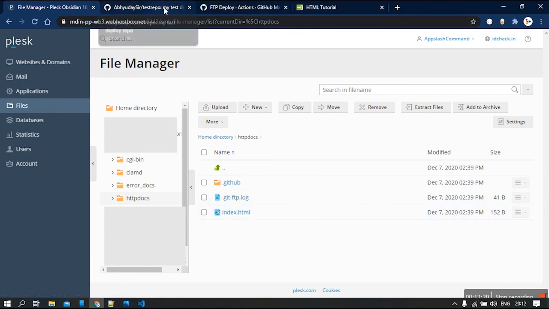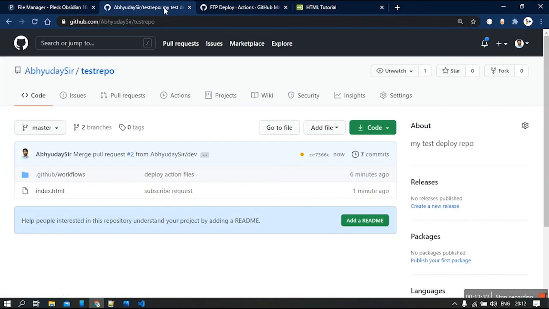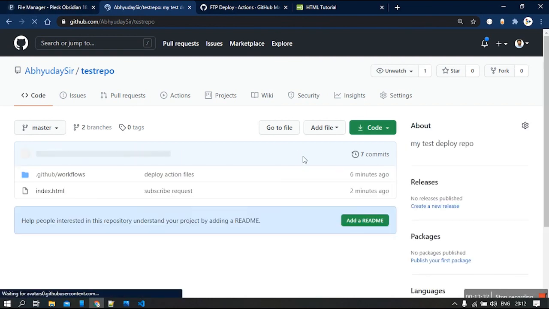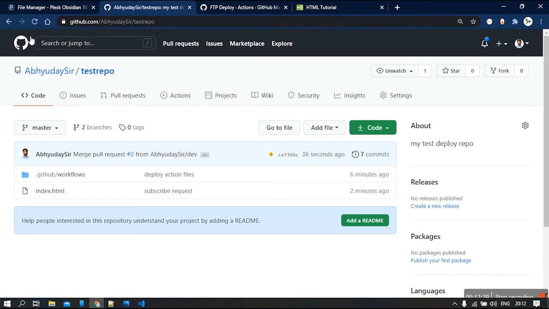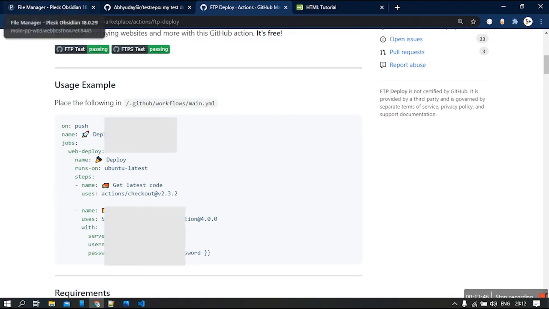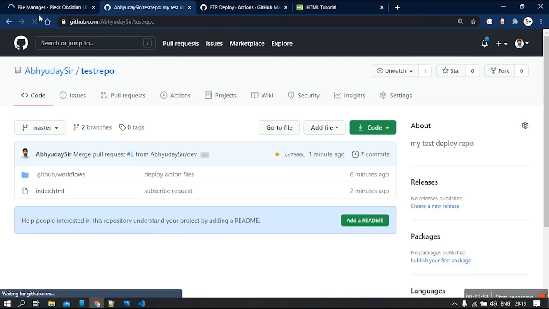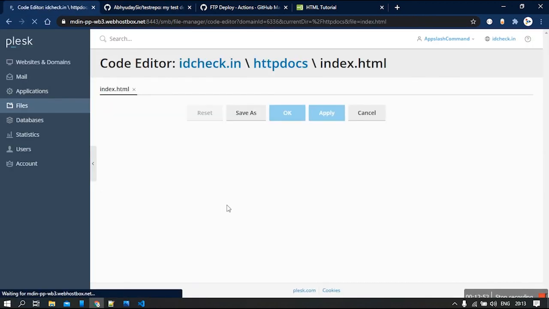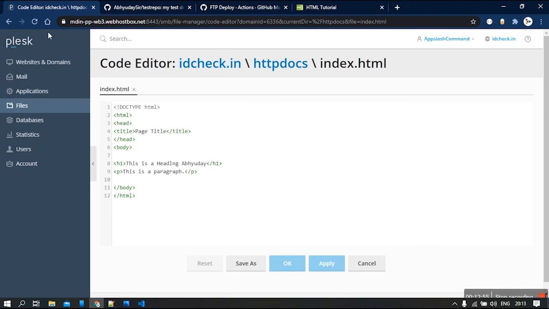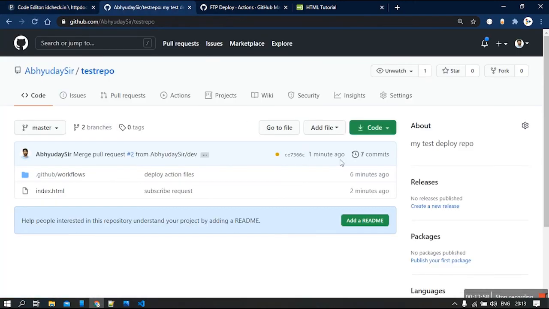I believe there was only one file that is supposed to be changed, so it should be done by now. I think it's still in progress. This yellow dot indicates it. Yeah, it's still in progress. Hopefully we can see the changes right now. I click on index.html. Meanwhile, I'll refresh this GitHub repository page also. Okay, till now the changes haven't been made because it's going to take some time to be reflected. It's hardly 1 or 2 minutes, I guess.